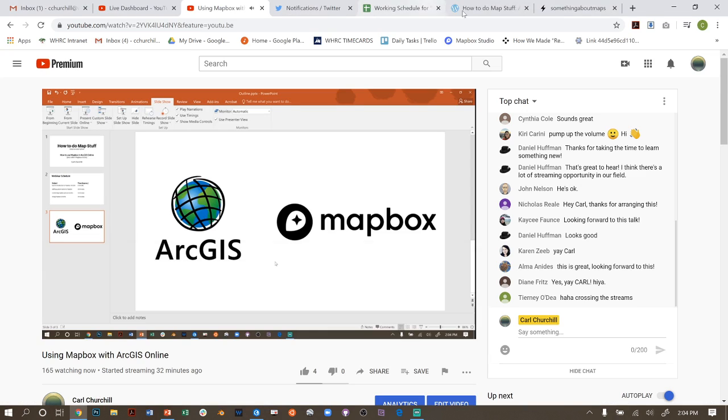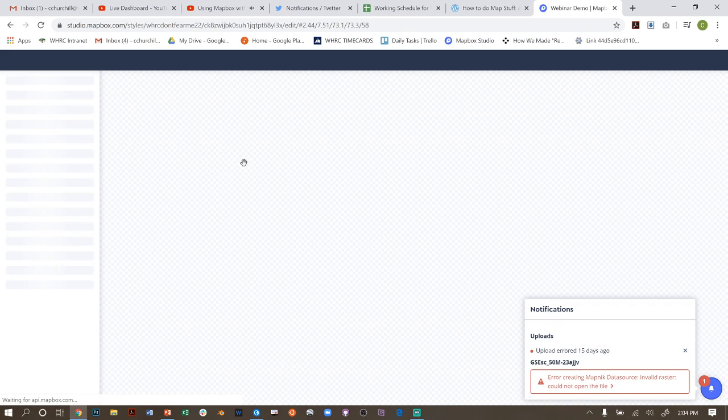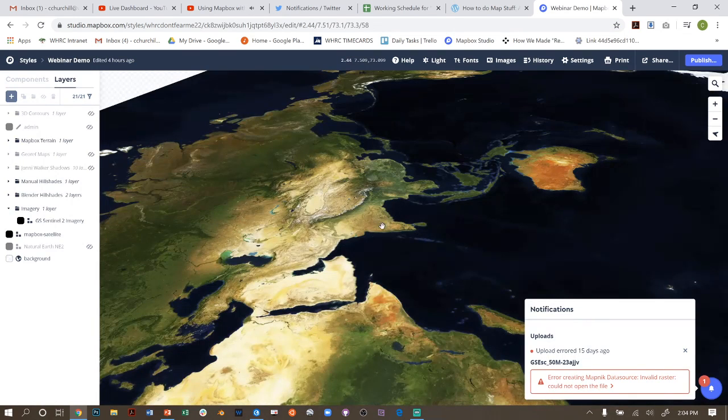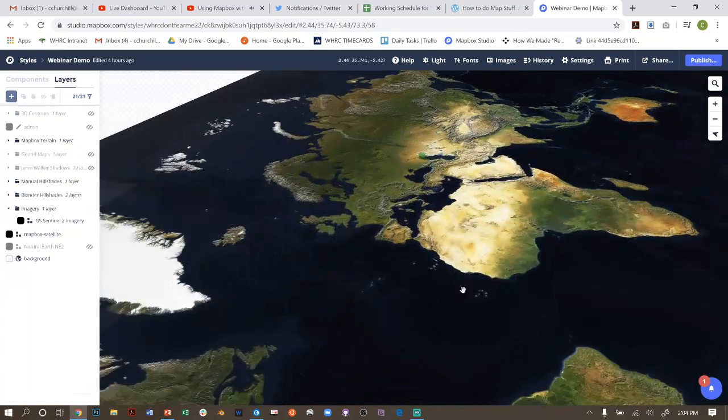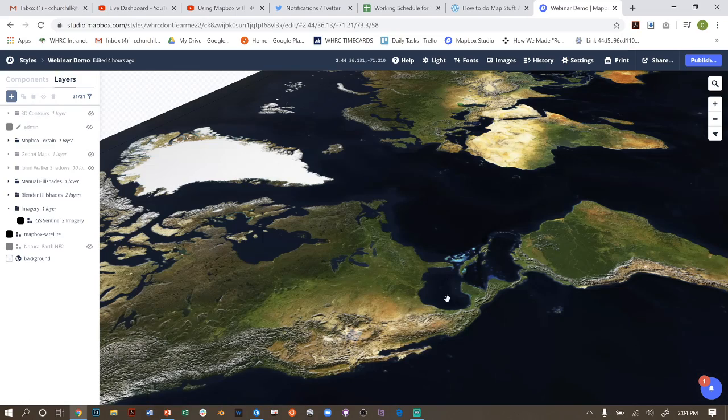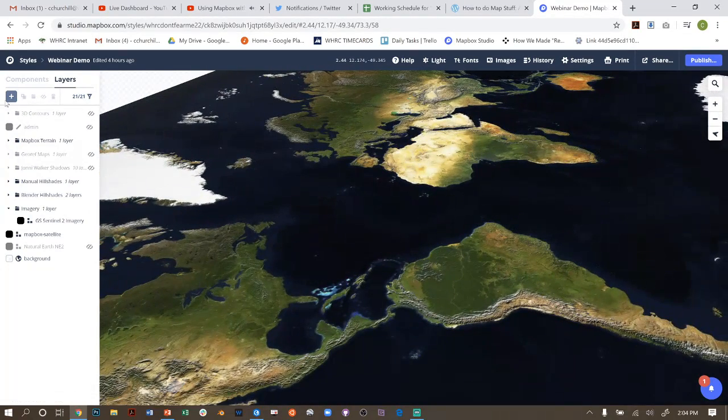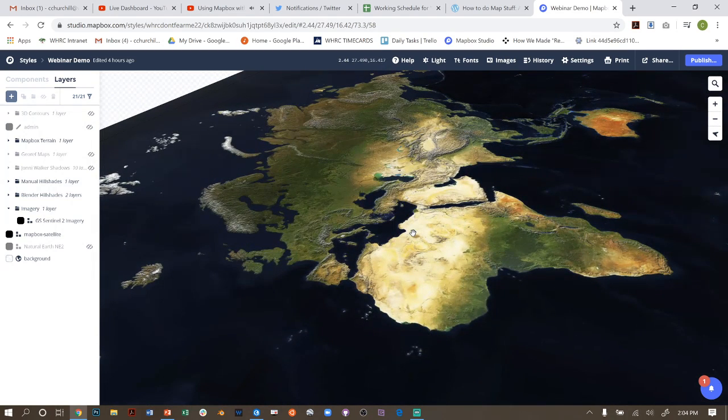Now, Mapbox Studio, if we go over to it, lets you change geospatial data tile sets on the fly in this web interface, which is really powerful because Mapbox has some fantastic default data sets that you can use that just look excellent, like the satellite imagery, the hillshade,